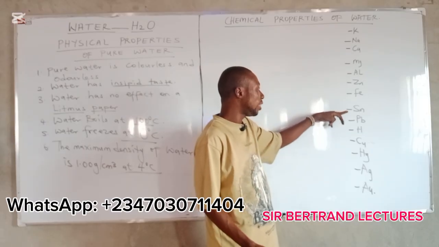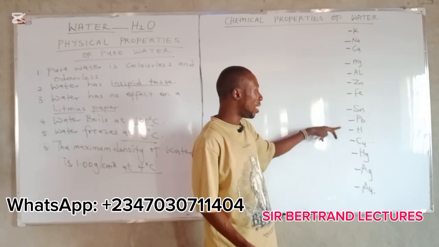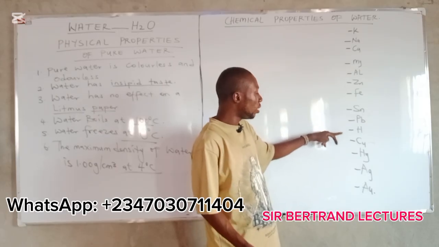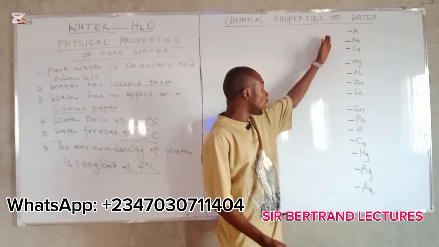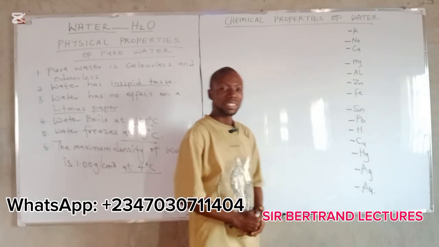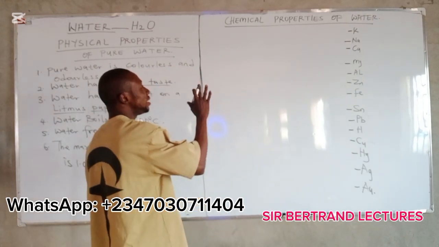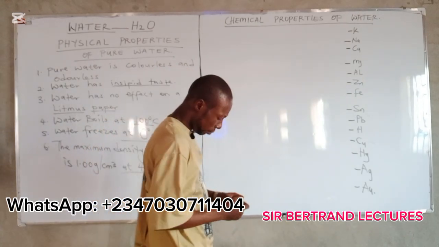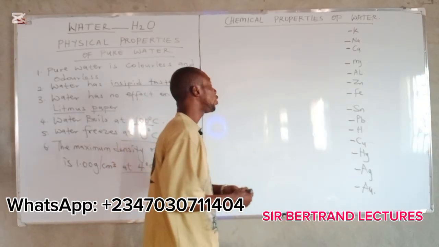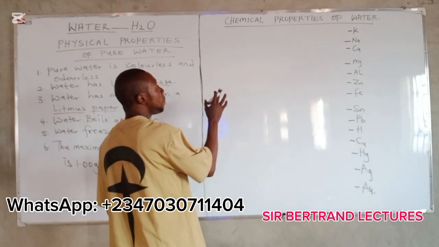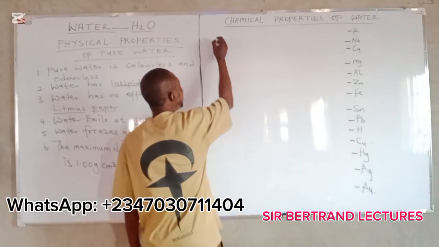Then tin is more reactive than lead. Lead is more reactive than hydrogen. Then copper, mercury, silver, and gold. As you are going down, the degree of their reactivity is decreasing. Now, the chemical properties of water here has to do with the chemical reactions of water. So we are going to look at the chemical properties of water based on its reaction with